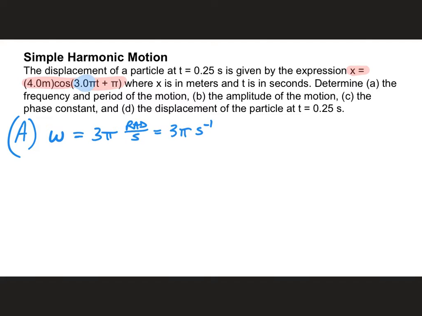So we just read angular frequency, velocity, whatever you want to call it, right off of the equation. Now frequency, there is an equation for that we dealt with earlier and would have been in that trig course as well, and it's just that angular speed over 2 pi. How many times per complete revolution around a circle, which is what 2 pi is as an angle, okay? How frequently does that happen? And so we just take the number that we were given, which was 3 pi rads per second, over 2 pi,